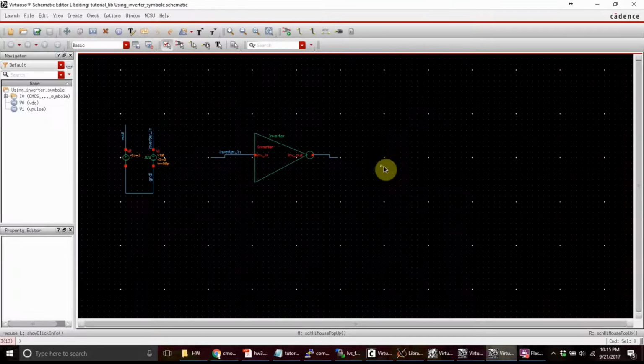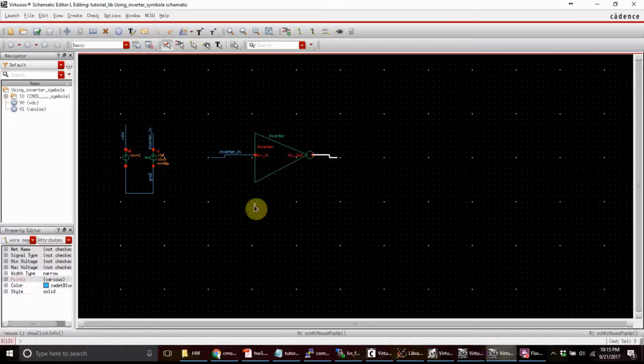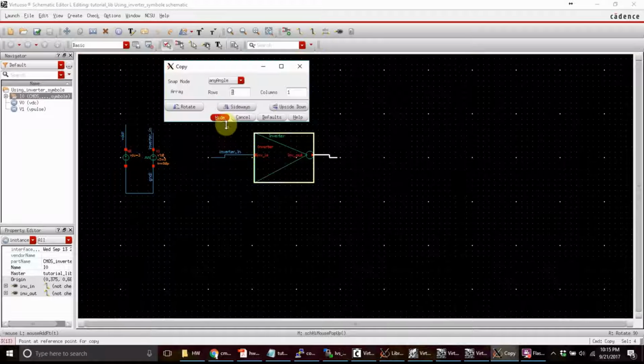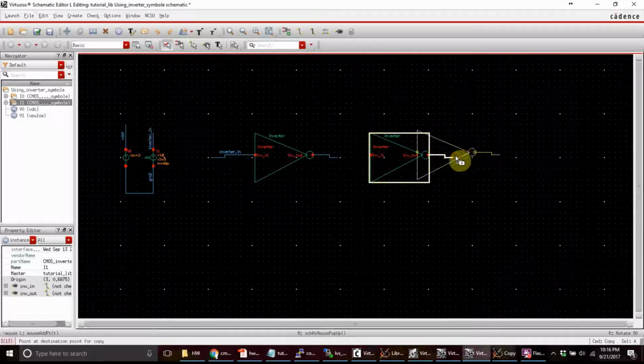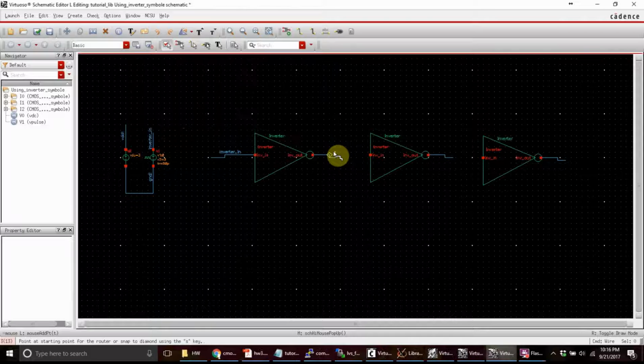Let's say you had this circuit like this. Shift C. You had this circuit like this, wire, enter. So what you have to do is